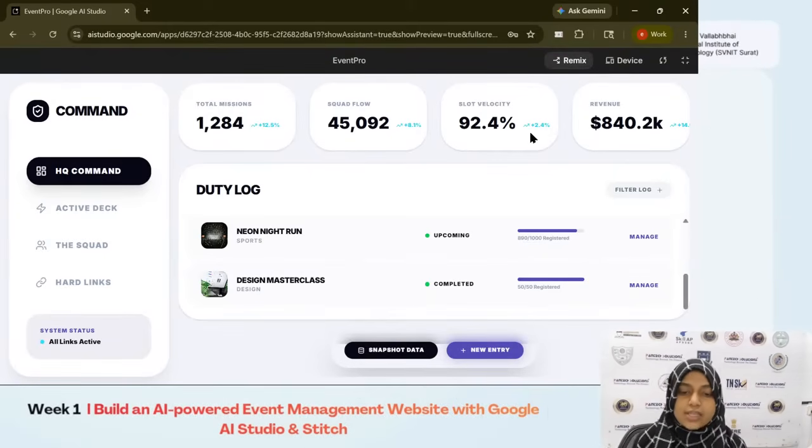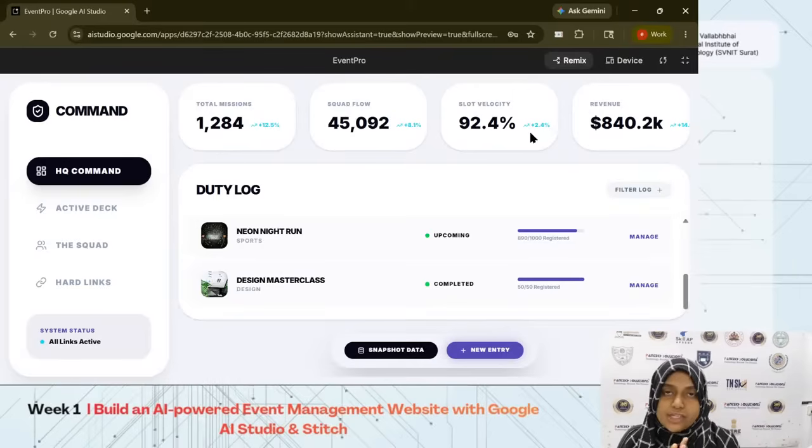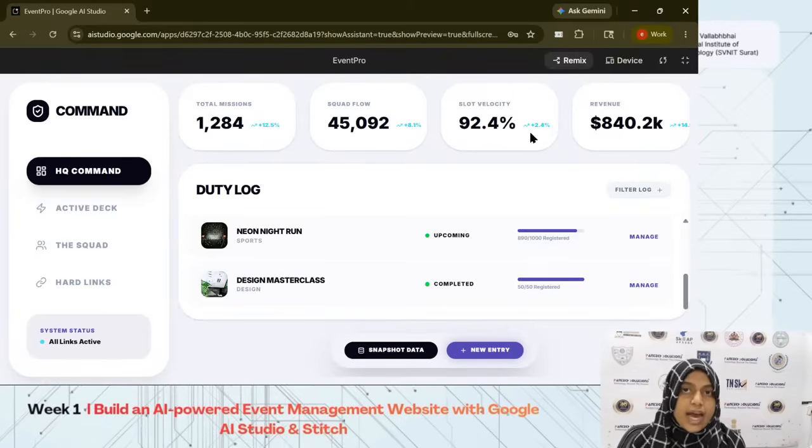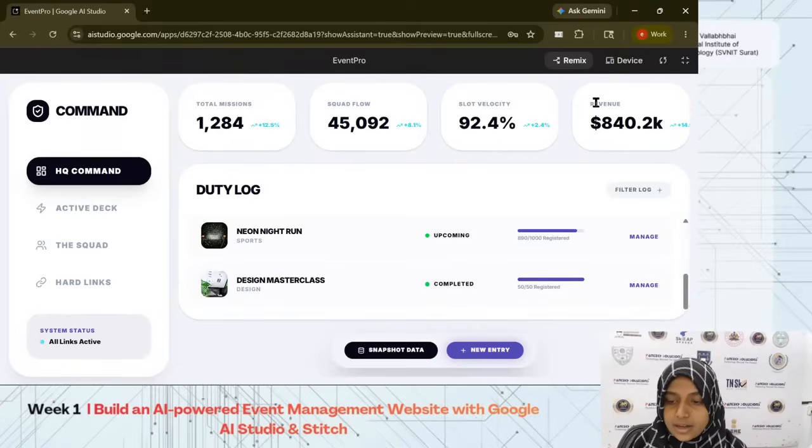Now, yesterday we created these 5 UI pages from Google Stitch, and then we fed the UI pages to Google AI Studio, and they were converted like this. So now we are going to create